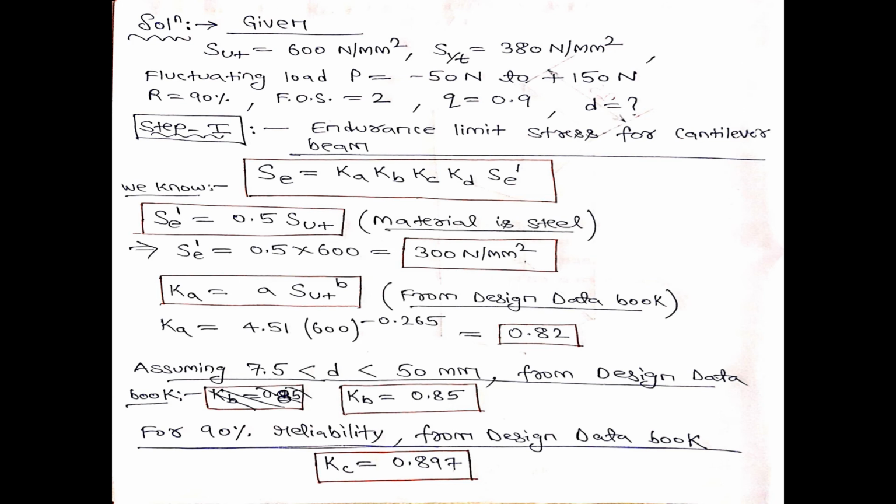No, sir. Okay, so next is Ka. What is Ka? I know that Ka is my surface finish factor. Again from the design data book, the value of Ka is A into SUT to the power B. But you should not write it directly; you have to write in brackets that from design data book page number so and so, surface finish factor Ka is given as A into SUT to the power B. And what is A and B? Again, A and B I can find out from the design data book. It depends upon the type of machining, how you have machined that particular beam. On the basis of that machining, you will determine the value of A and B.